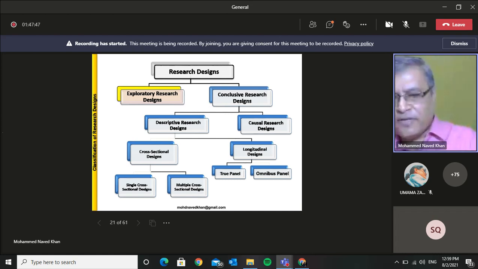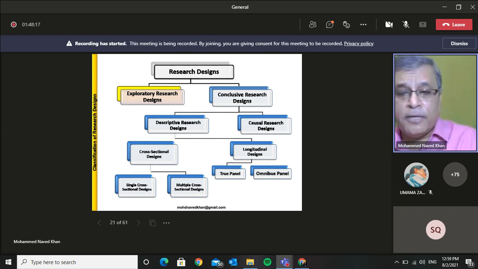As far as descriptive research is concerned, we discussed that here 2 possibilities are there. We can go for cross-sectional designs, or we can go for longitudinal. Important thing to remember regarding cross-sectional designs is that the sample is different each time we administer the questionnaire, whereas in case of longitudinal designs, the sample remains fixed. And it is also referred to as panel, and that is why these types of designs are also referred to as panel designs.